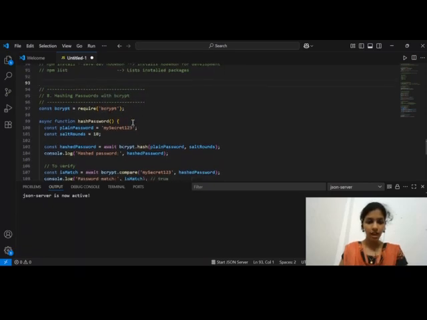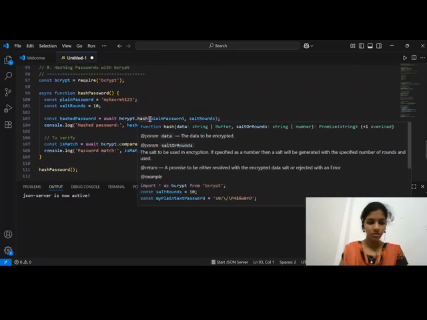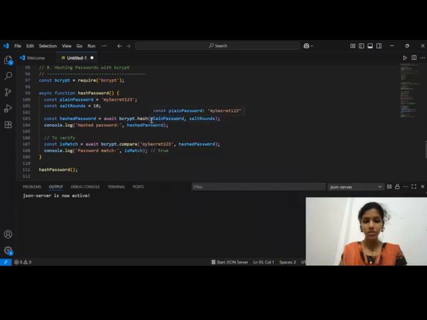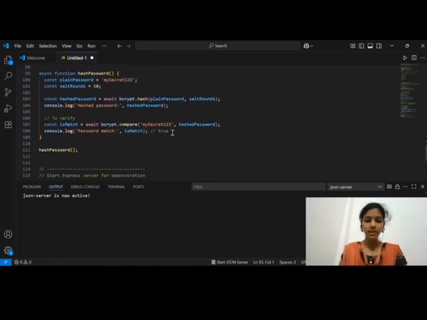We use bcrypt for hashing passwords, and this hash function converts the password into a secured hashed version, and the compare method verifies passwords during the login. And never store plain text passwords.